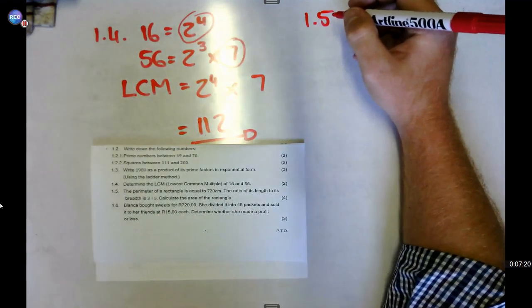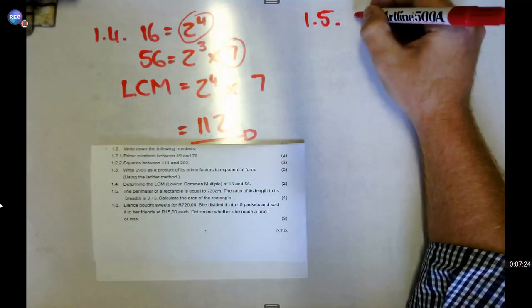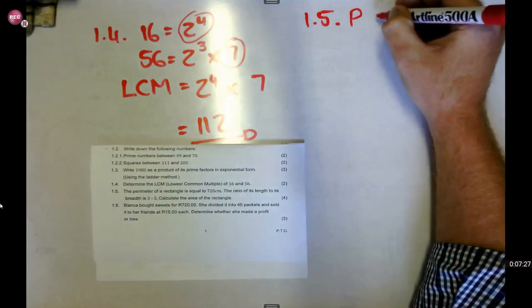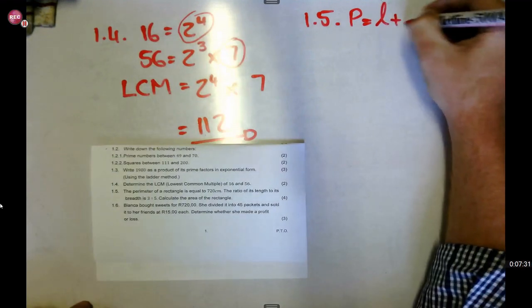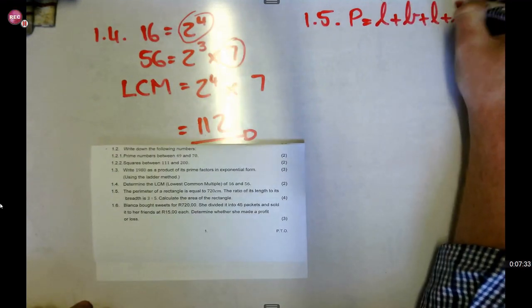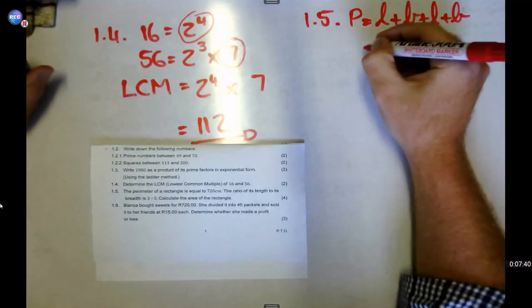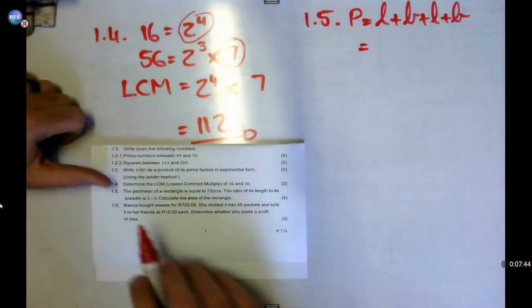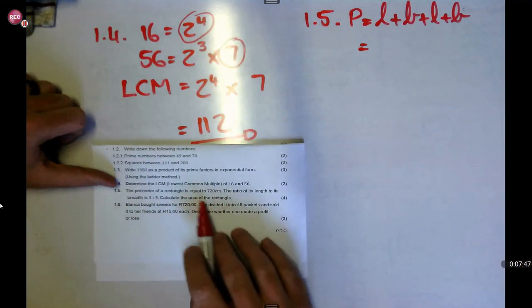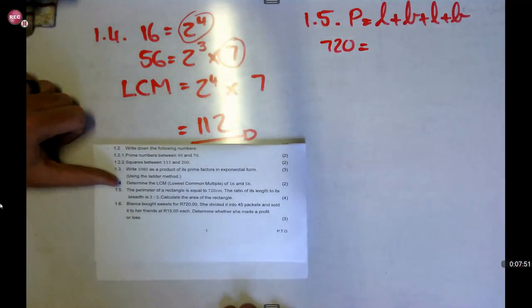the first thing that you're going to write down is the perimeter formula. So for a rectangle, the perimeter formula should be P equals length plus breadth plus length plus breadth in this regard. Or you could say 2 times length plus 2 times breadth. Then, moving on, we will then say the following. As you can see here, you've got the perimeter, which is 720, so 720, you fill that in.